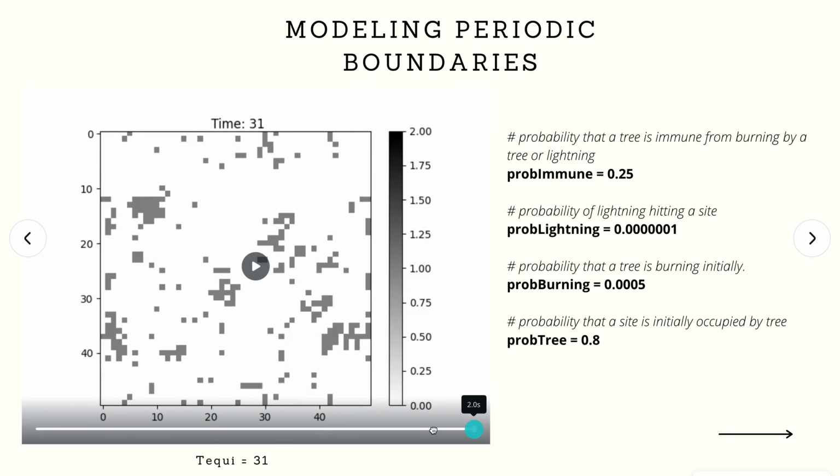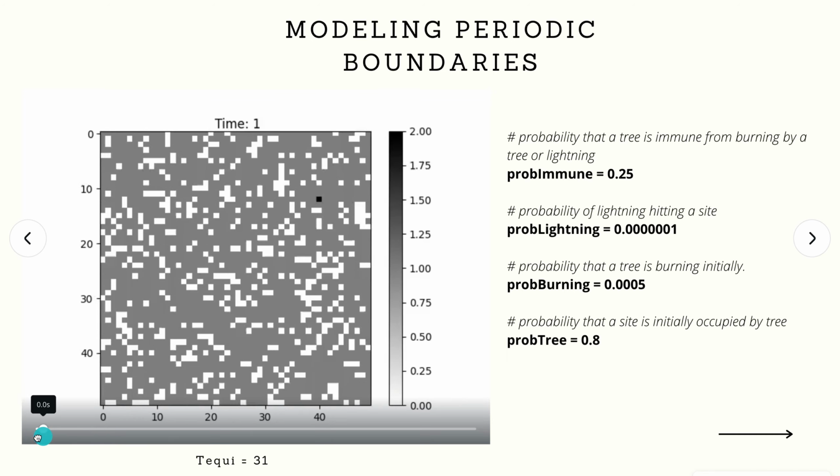Now, here is one simulation where we model the basic model with periodic boundaries. So, as I mentioned earlier, we can see the first time step initially. So these are our parameter values. First of all, the probability that a tree is immune from burning is 0.25. Probability that lightning will hit a site is 0.00000001, which is very less. The probability that the tree is initially burning is 0.0005, and the probability that a site is initially occupied by